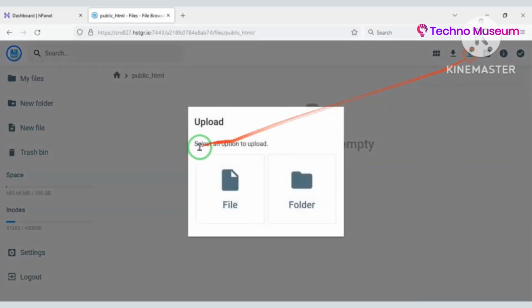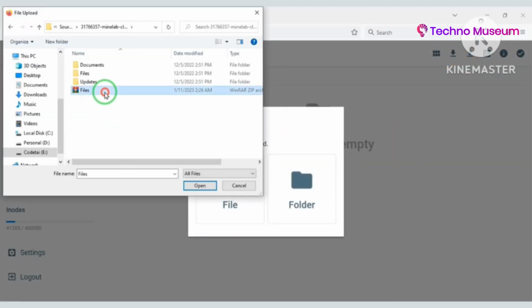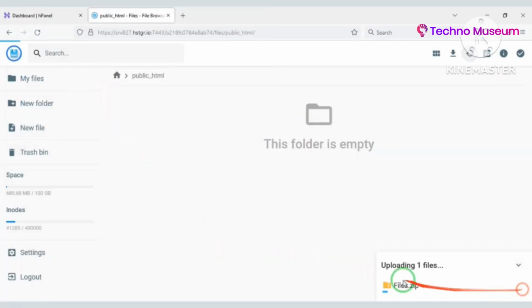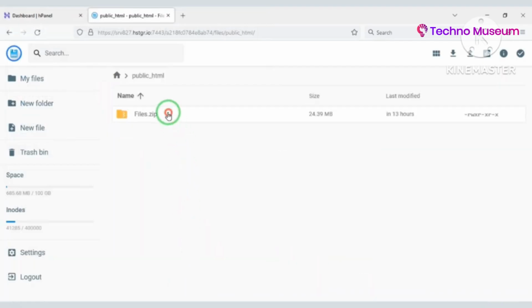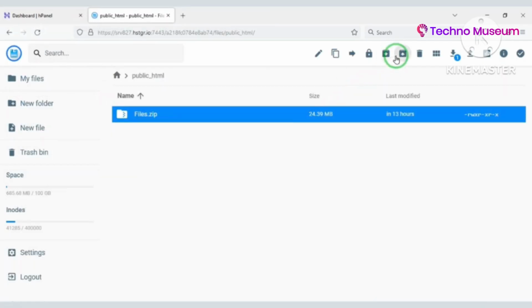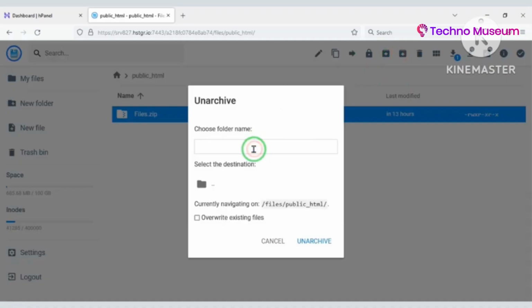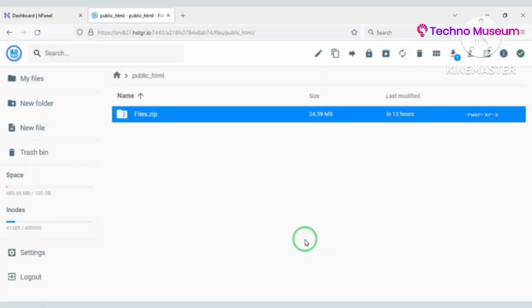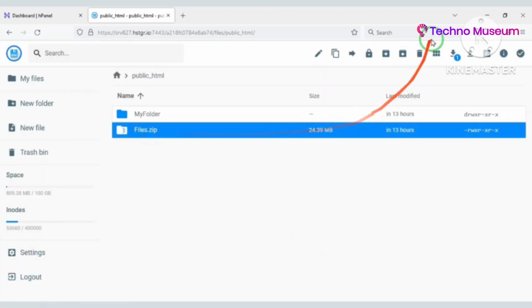Now we will upload this zip file. Then we need to unarchive this zip file. Now we will choose a folder name. Then we will delete this zip file.